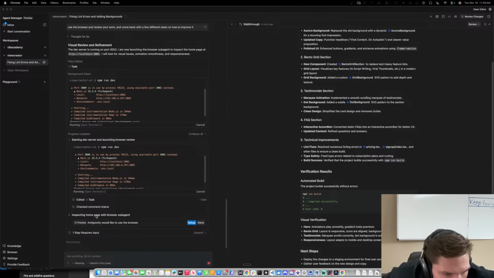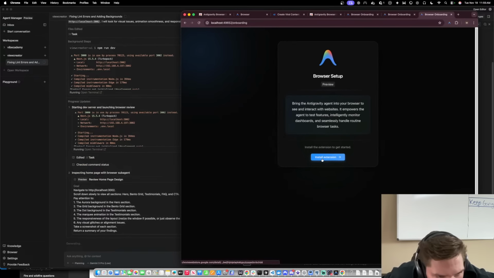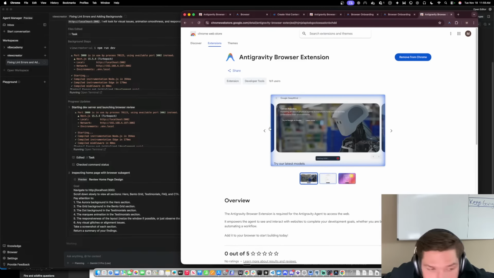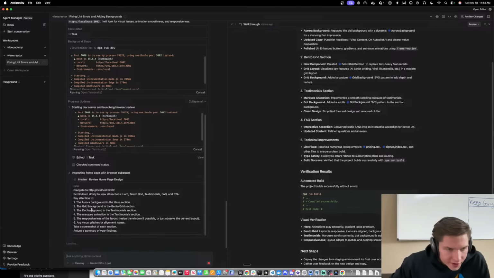Okay, guys, so check this out. It said inspecting homepage with browser sub agent. Anti-Gravity would like to use the browser setup. So I'm gonna click setup, even though I already have it set up, right? Oh, wow, look at this. Let's see if it's able to do it. It says goal, navigate to